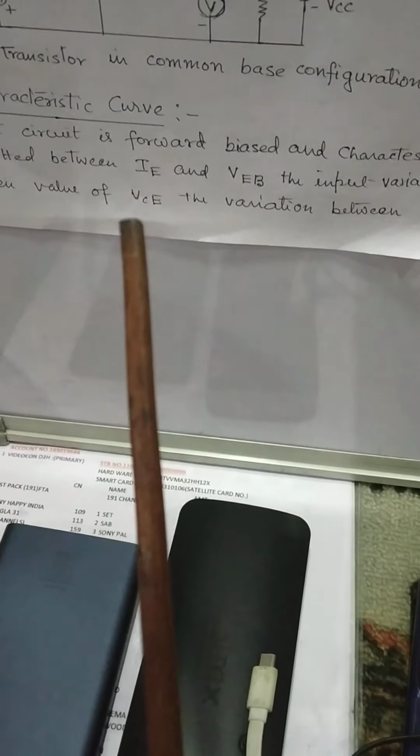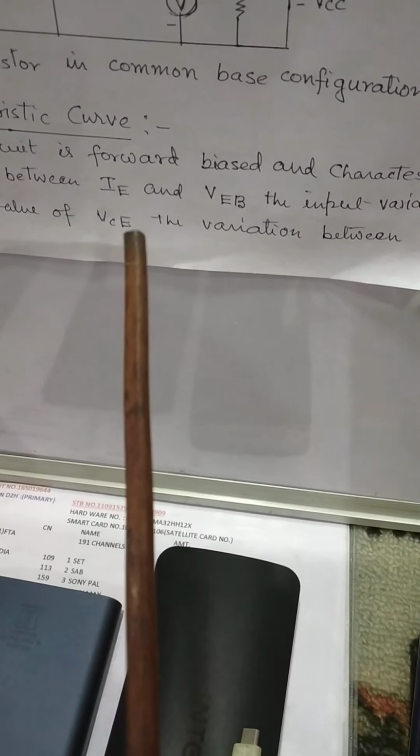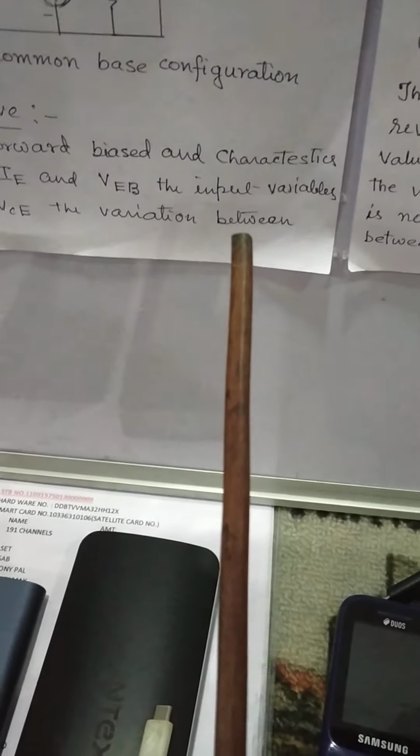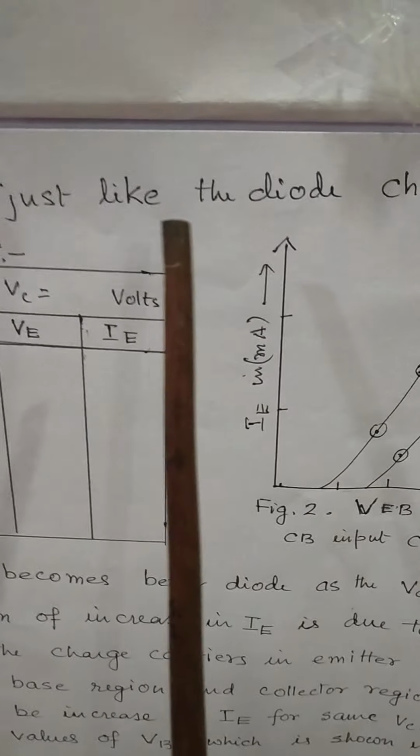That means for a constant collector base voltage, the variation between IE and VEB is just like